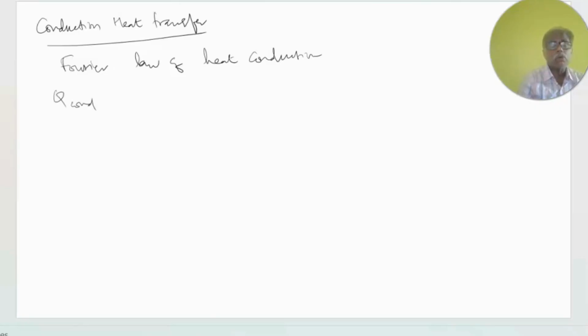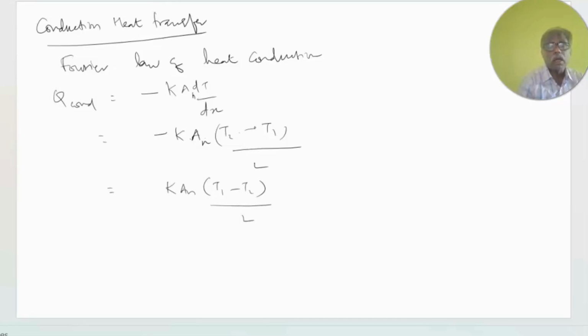Q conduction is equal to minus K A dT by dx, which can also be written as minus K A_n, to be precise, T2 minus T1, final temperature minus initial temperature, by L. This can be conveniently written as K A_n (T1 minus T2), since the minus sign can be taken inside, and to obtain the electrical analogy form, you can write T1 minus T2 divided by L by K A_n. So if you want to apply it for